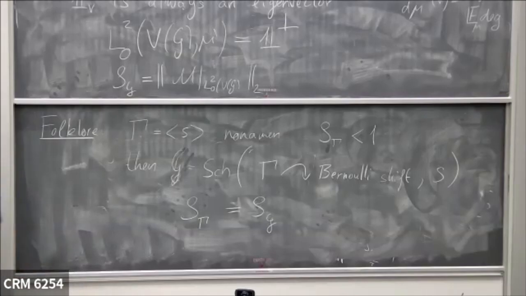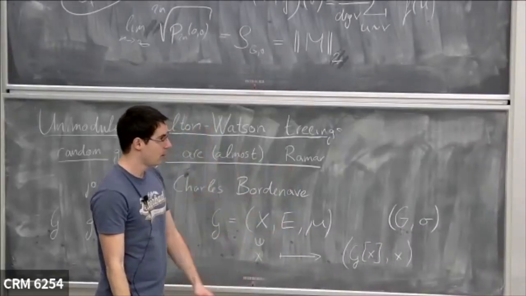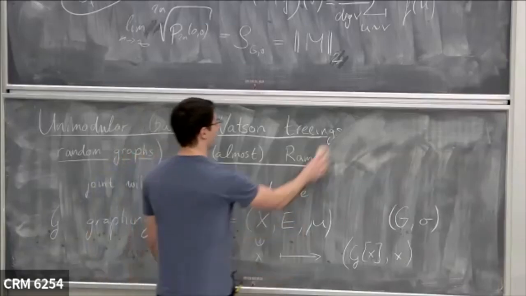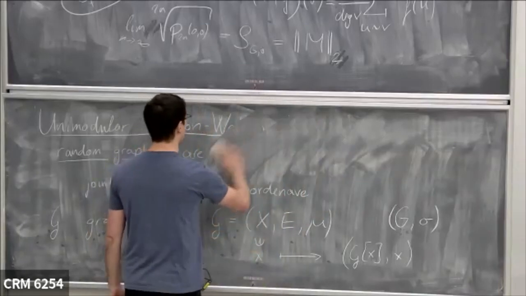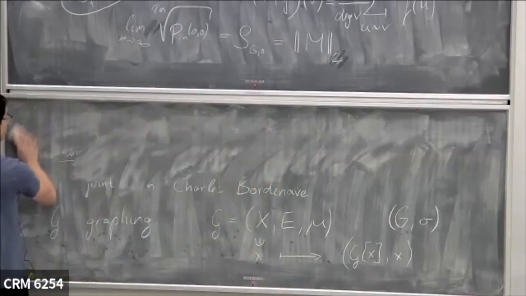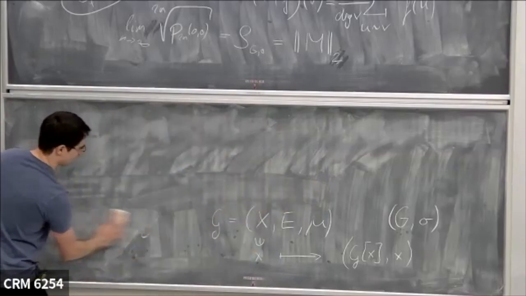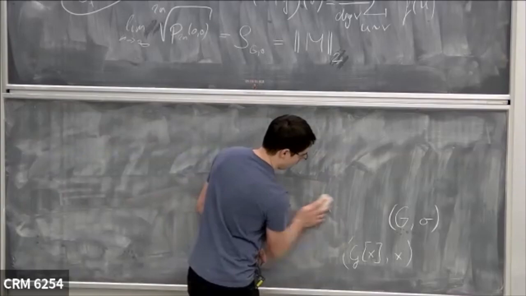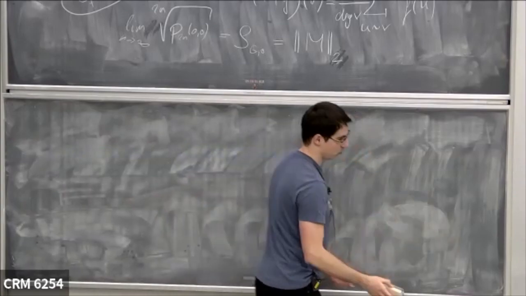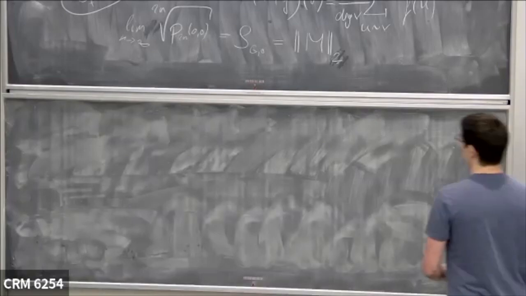Okay, so if not, then I'll go on and just mention that, of course, if I didn't look at Bernoulli graphings, then there would be no hope for such a statement, because already a non-amenable group can have actions that are not strongly ergodic, and if it's not strongly ergodic, then it cannot have expansion, so no spectral gap. I'm just putting big words after each other, but my point is that really for non-Bernoulli, this question is maybe interesting, but not very approachable in any generality. But